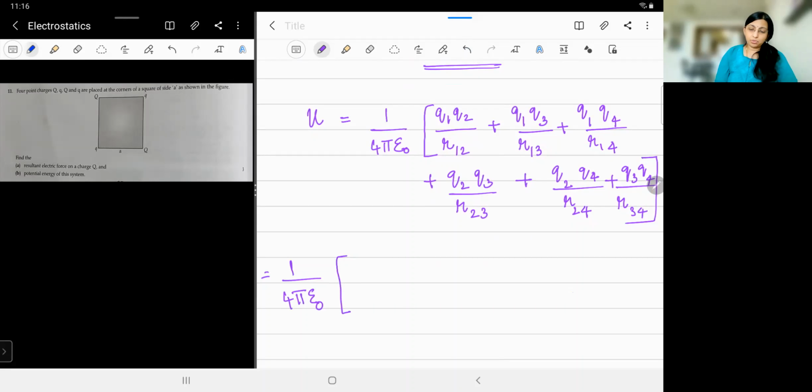Let us see the charges at positions 1 and 2. We had named the positions like this: here it was 1, here 2, here 3, and here it was 4. So let us write down the charges there. Q1 is small q, Q2 is capital Q, divided by the distance A. See here, the denominator is not squared, it's just A. Plus Q1 is again q. What is Q3? Again Q, so it becomes Q square divided by the distance between 1 and 3. You can see that it is this diagonal, which we already calculated before, equal to A root 2.